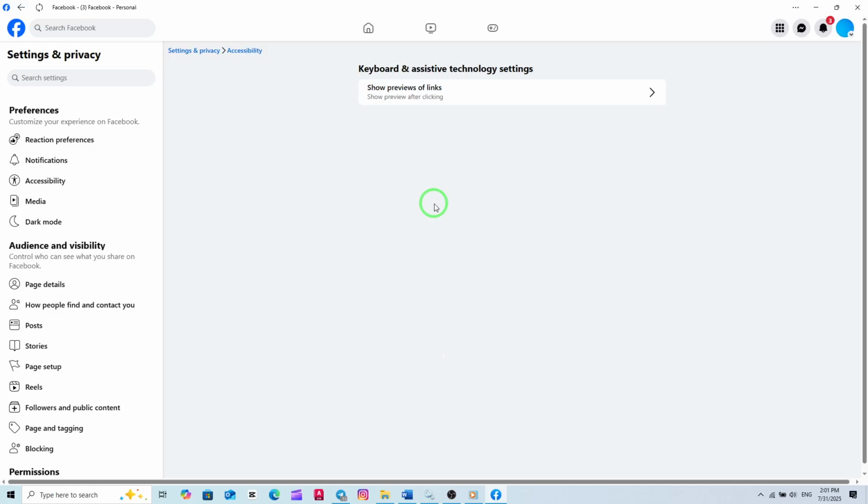And that's it. From now on, clicking on any link on your Facebook page will automatically show you a preview, making browsing smoother and more efficient. This update is perfect for anyone who wants quicker access to content without having to open multiple tabs or windows. So, take a moment now to follow these steps in your Facebook app on PC and start enjoying seamless link